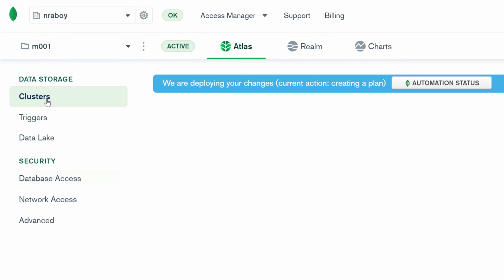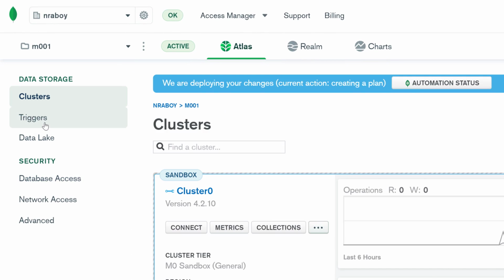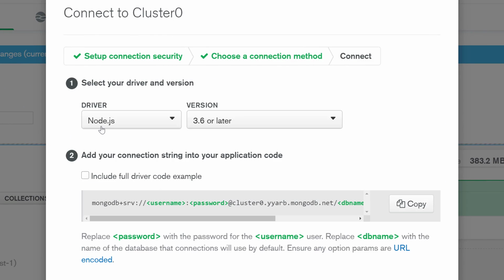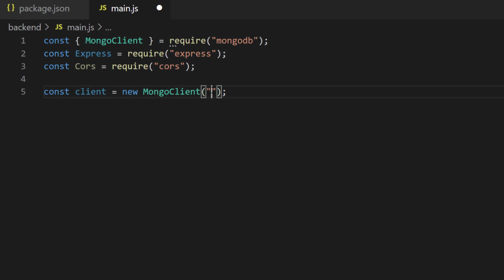Now, if I click on clusters, this is where we're actually going to obtain our URI string. I'm going to say connect, and I'm going to click on connect your application and make sure Node.js is selected. I'm going to say copy, and I'm going to go back into Visual Studio Code, and I'm going to paste